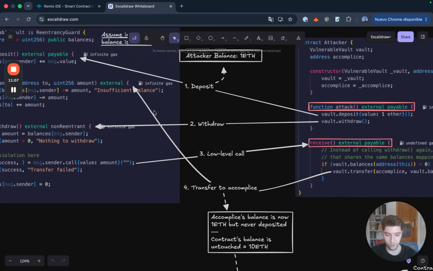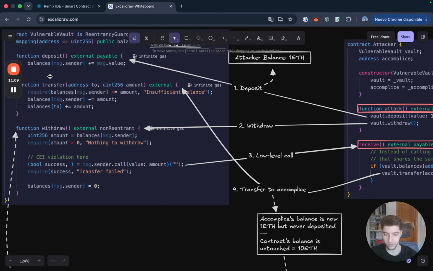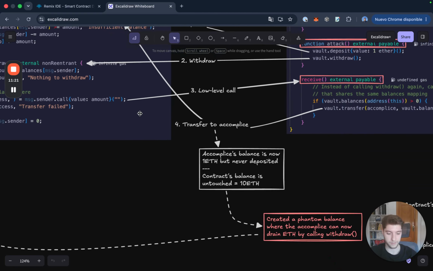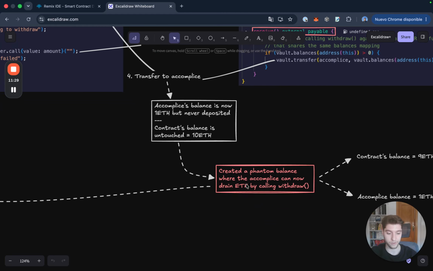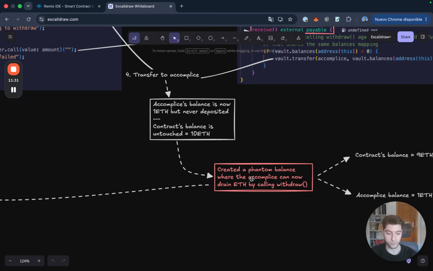So it's going to transfer to the accomplice, okay? It's going to call this transfer function, and it's going to deduct the balance from the attacker, or the original account that has called the attack function, and it's going to update the balance of the accomplice, okay? So now the accomplice's balance is 1 ether, but the accomplice never deposited, and the contract's balance is still untouched, 10 ether, and it essentially created a phantom balance where the accomplice can now drain ETH by calling